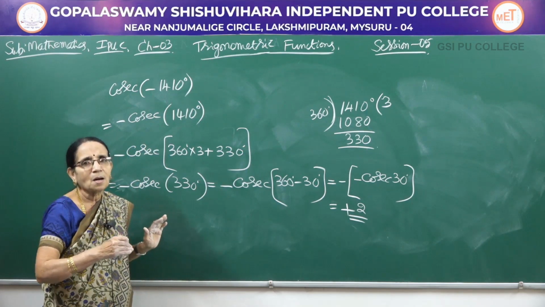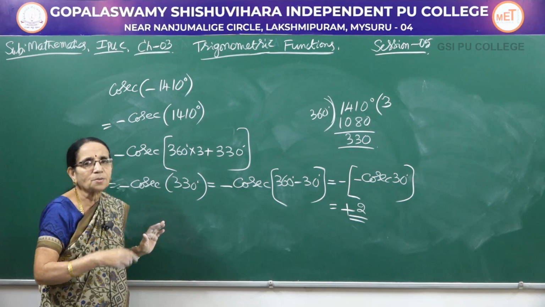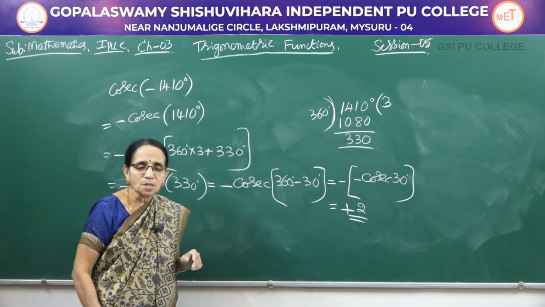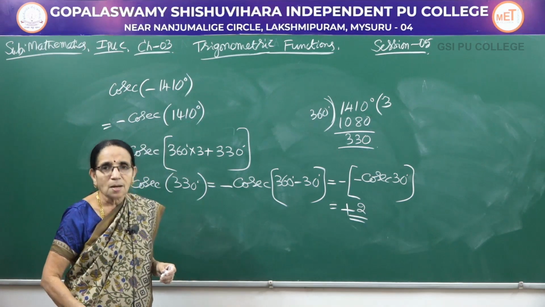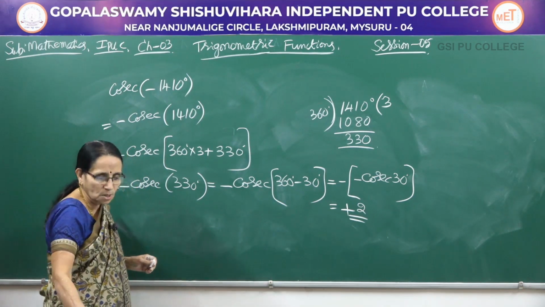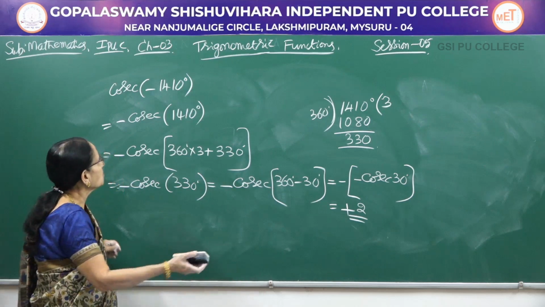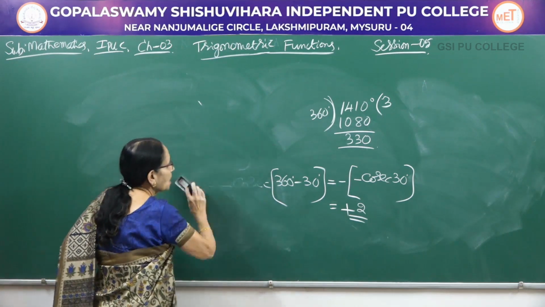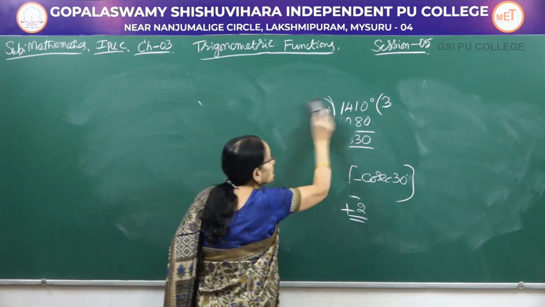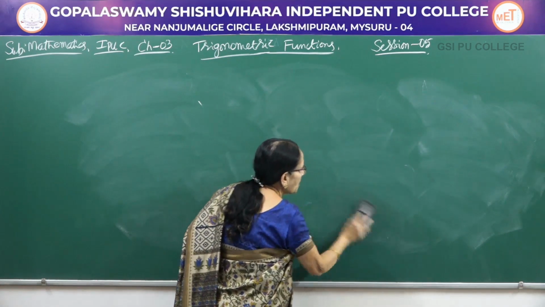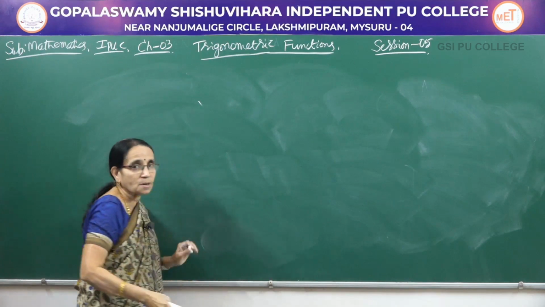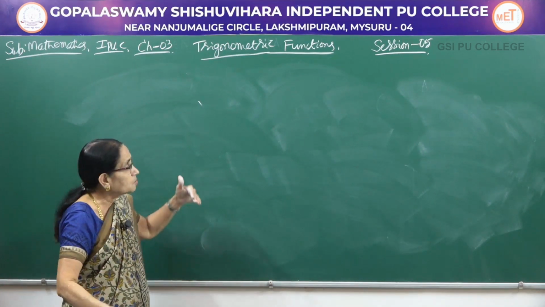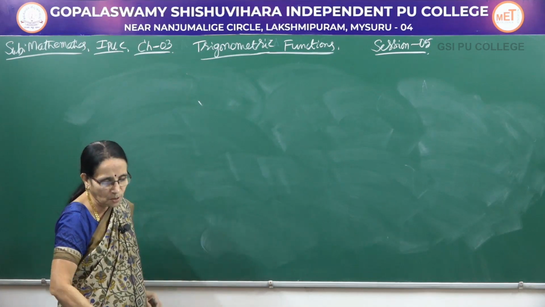Though it was given as a negative angle, what do you mean by negative? We measure the angle in the clockwise direction. Anti-clockwise is taken as positive. Only the sign shows in which direction we are doing the calculation. Okay. So this is how we have to find the value of the trigonometric function of a particular angle. Depending upon the angle that is given, if it crosses 360, always divide. That will be easy for you to solve the problem.